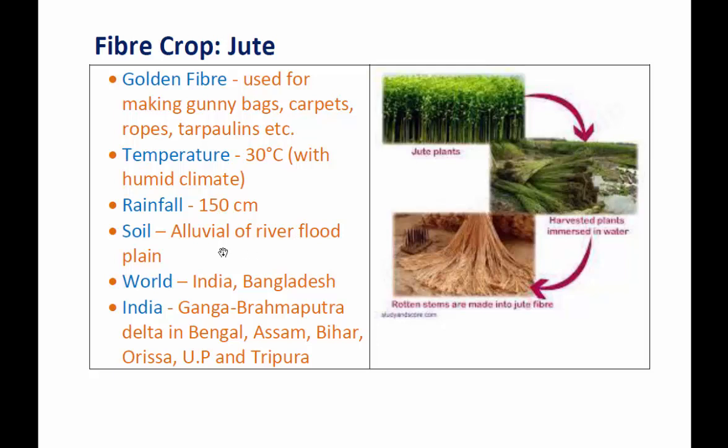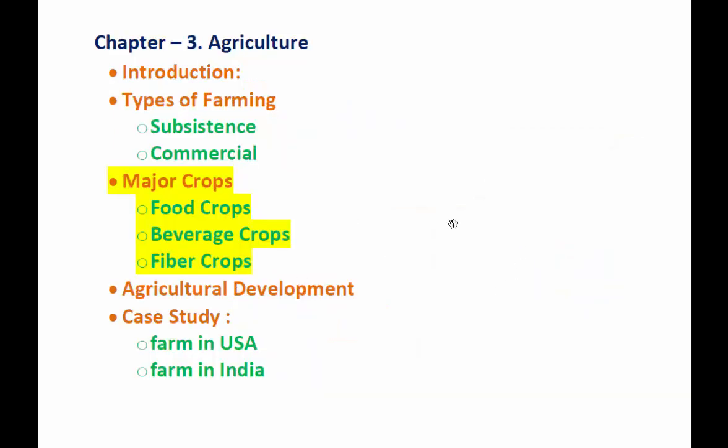In the world, India as well as Bangladesh lead in the production of jute. In India, it is mostly grown in the Ganga Brahmaputra Delta in Bengal, as well as in Assam, Bihar, Orissa, Uttar Pradesh and Tripura. So these are some of the important points regarding these major crops, such as food crops, beverage crops and fiber crops. Next class, let us take up agricultural development,